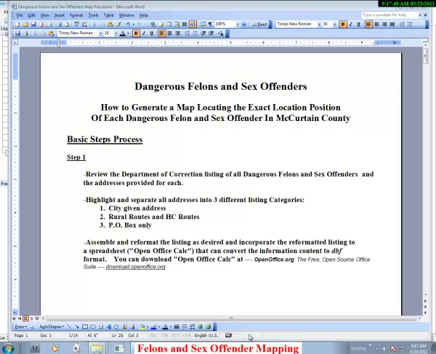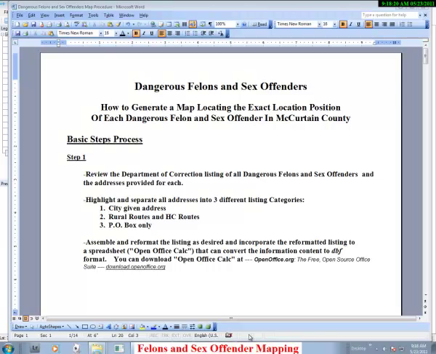This first video tutorial will describe and show you a basic map that we will later show how to produce, and we're going to show you some basic steps to derive